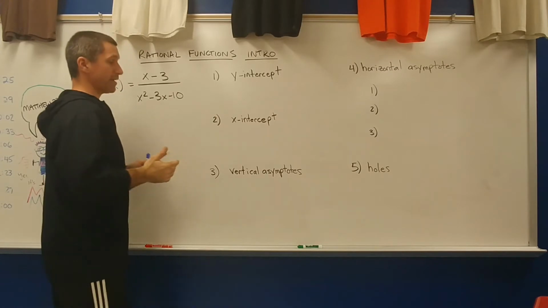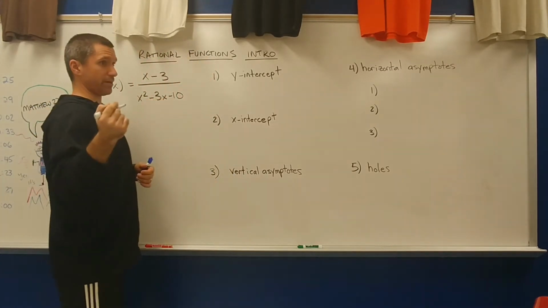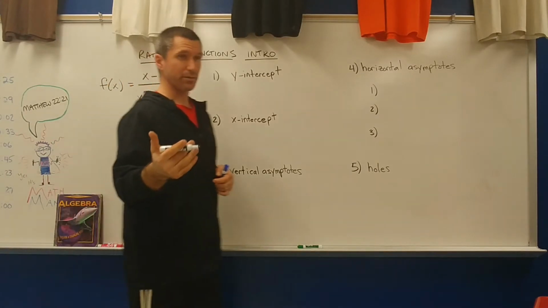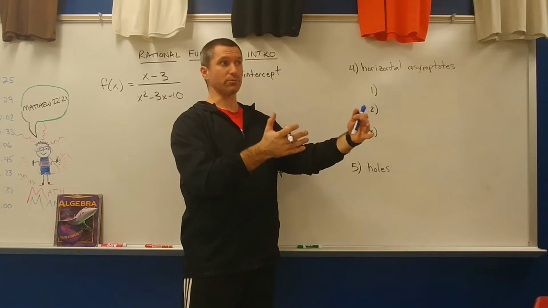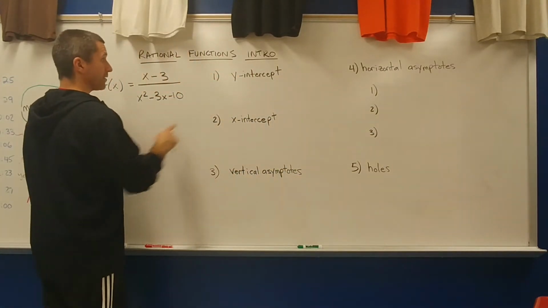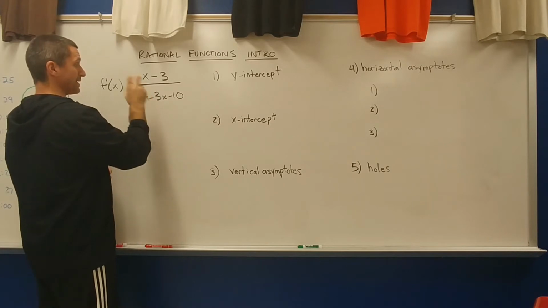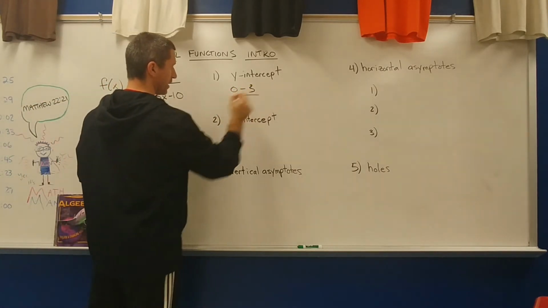How do you find the y-intercept of any function? Well, usually you set x equal to 0, right? And then it wipes out all the x values and you're left with one number, like y equals 2. And you find out that's where it crosses the y-axis. Same thing is true here. To find the y-intercept of this function, you take 0 and you plug it into every single location that you